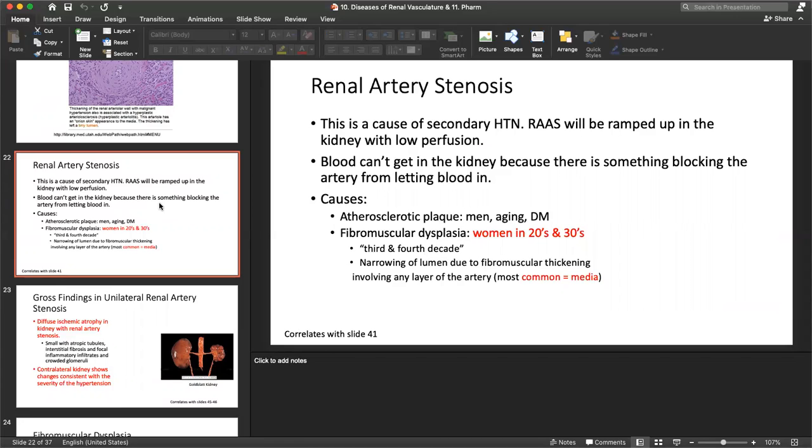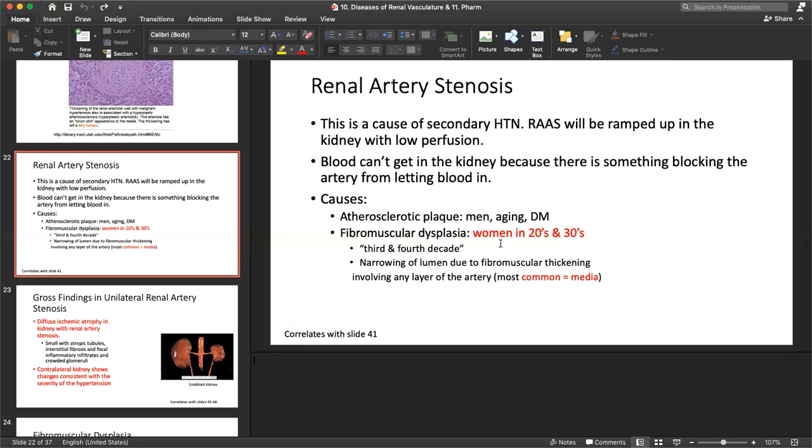Women in their 20s and 30s might get it, which is also called the third and fourth decade, which is sort of confusing. But if you think about it, when you're 0 to 10, that would be the first decade. Okay, let's say you're 25. Just to explain this, just in case your brain's fried from med school. First decade is from 0 to 10, then from 10 to 20, that is going to be the second decade of life. And then 20 to 30 is the third decade of life. So your 20s is your third, fourth decade is your 30s. So just in case